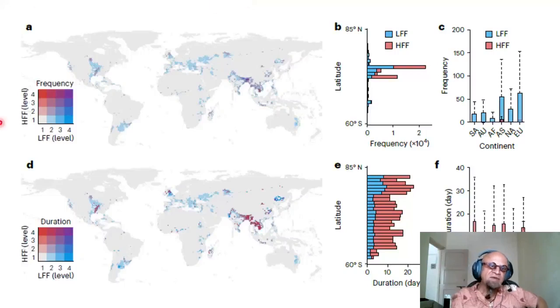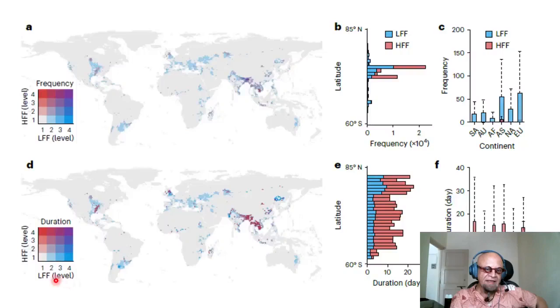So here is the frequency of high frequency floods. You can see the regions throughout Europe, North and South America, India, Pakistan, and this region, South Asia, is a hotspot just in terms of the area with the colors. And if you look at HFF, there are also HFFs in this area. So these regions of monsoons are getting low frequency and high frequency floods, and similarly East African and West African monsoons are doing the same. You have drier background climates in the Mediterranean, but you can see that they also have LFF and HFF. This is a higher frequency of HFF than LFF.